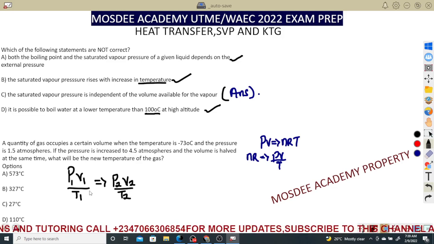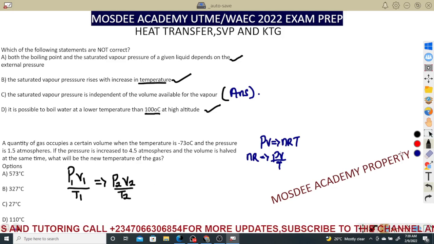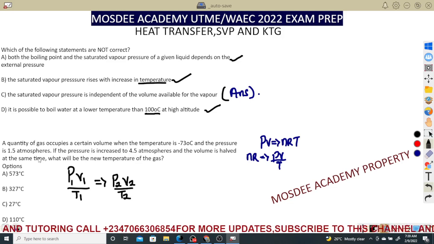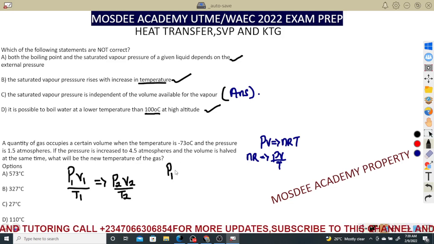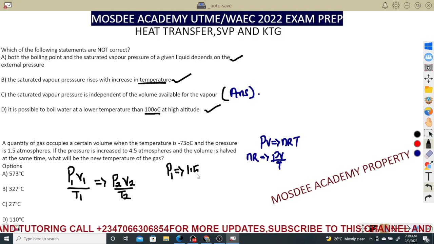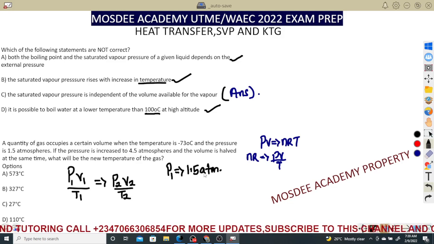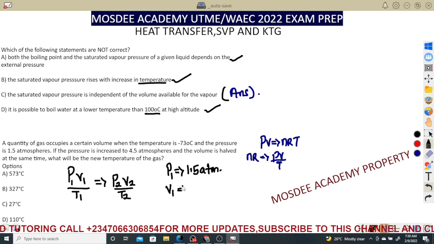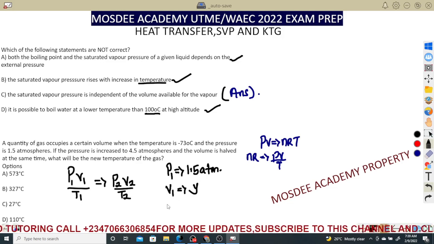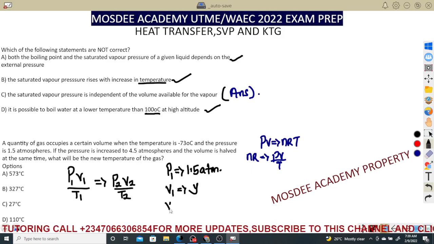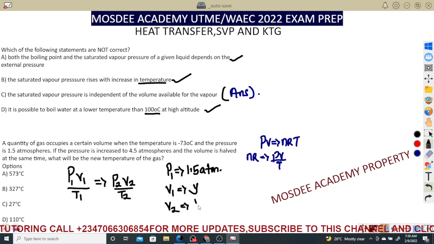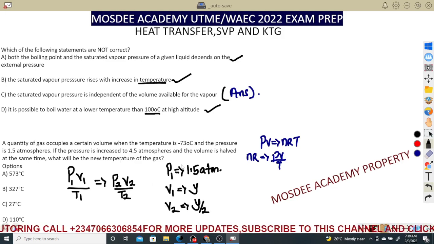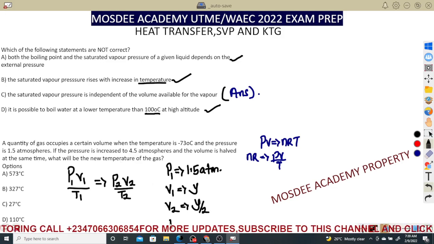And this is the way you do that. So you just substitute the value. I will not be doing this because I believe you can do it. The first pressure was 1.5. I will help you write the parameters here. Then the first volume, a certain volume, we take the first volume as Y. The volume was halved, V2 was half. Half of Y is Y over 2. And when that happened, it increased the new pressure to